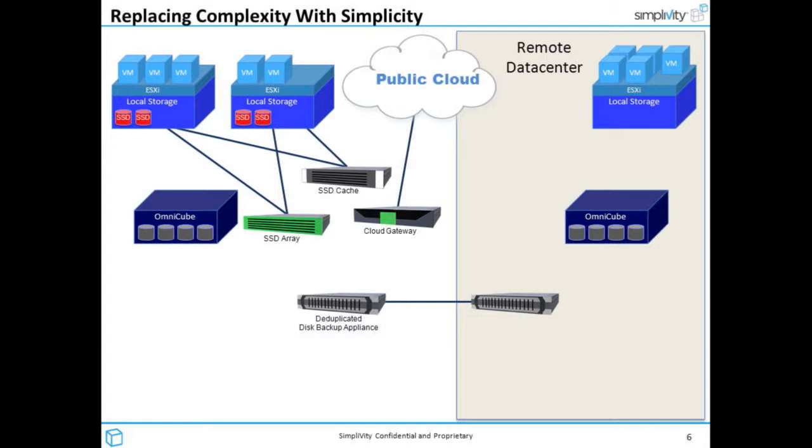We already have deduplication as the primary aspect of all the data that comes into our platform, and you can do it across multiple OmniCubes, provide high availability. You can replicate it offsite to another location with an OmniCube platform, or you can go directly today into a cloud space as well for long-term DR. So what we see is